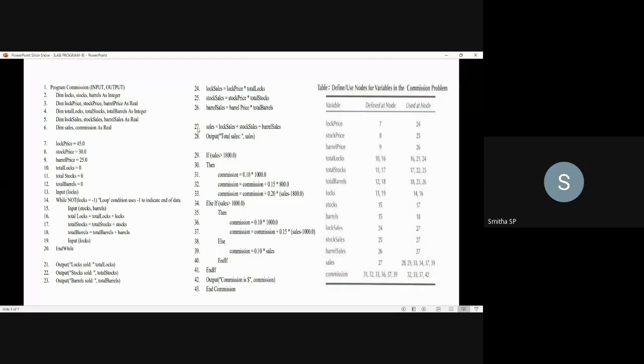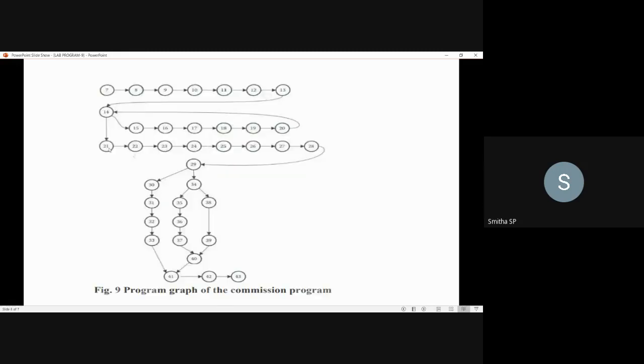So there is a control flow from 26th to 27th. So once you got the sales value, you have to print it. So that is in the 28th statement, where you are giving it as an output. So from 21st to 28th, there is a sequence flow. Okay, so here you can see 21st to 28th, there is a sequence.